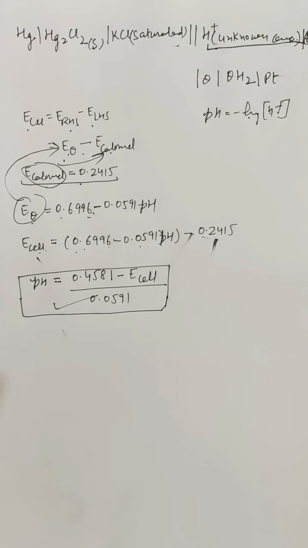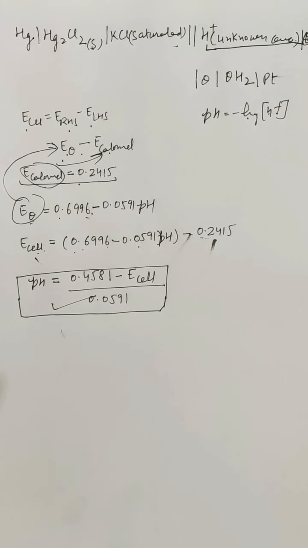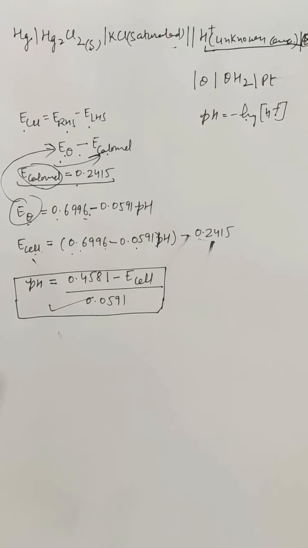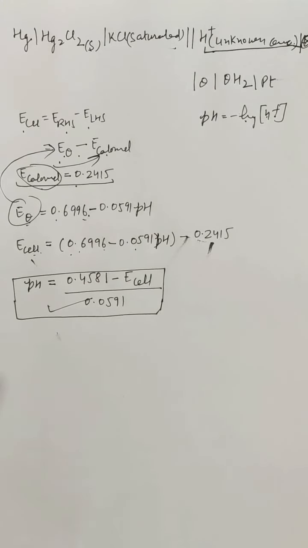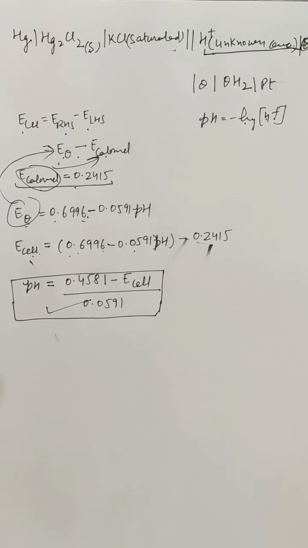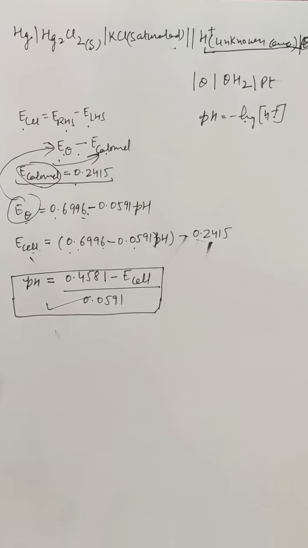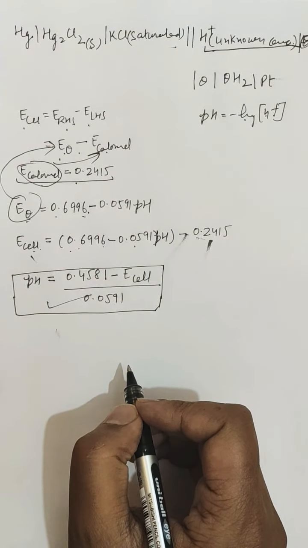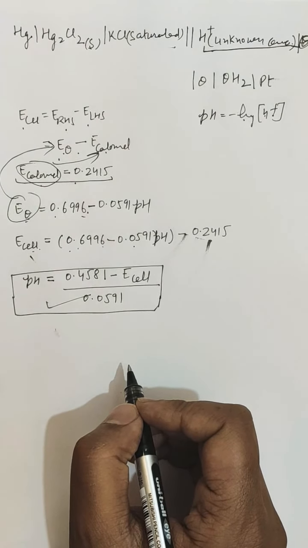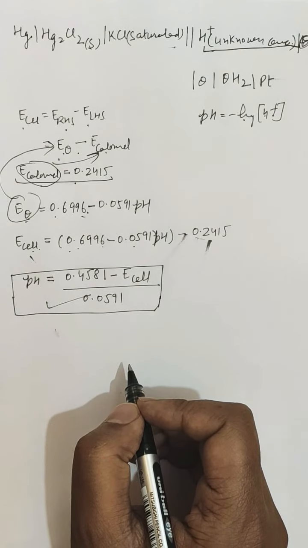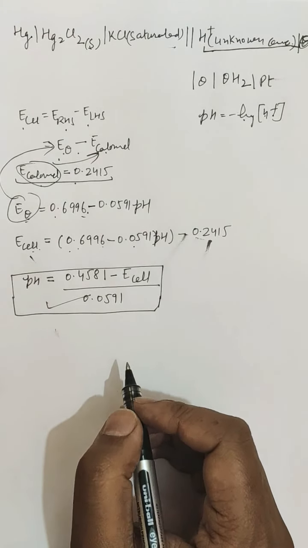Next, the last part of this chapter is potentiometric titrations and qualitative treatment. So what are potentiometric titrations? What is the principle of potentiometric titration? In potentiometric titration, the end point of the reaction is detected by measuring the change in the electrode potential of a suitable electrode called an indicator electrode.